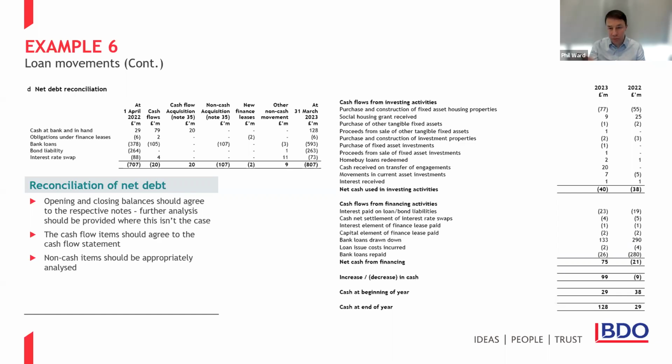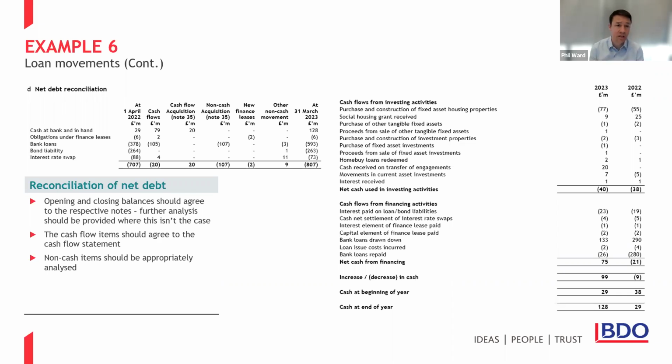A really important point: on the right hand side, you can see an extract of the bottom part of the cash flow statement example. And something that's missed in practice is the cash flow movements in your net debt reconciliation should reconcile to the cash flow movements in your cash flow statements. So just to illustrate here, you can hopefully just about see in the net debt rec on the cash line, we have cash flows of 79 and 20. So that's 99 in total. If you look to the bottom on the right hand side, that's equal to the increase in cash of 99.